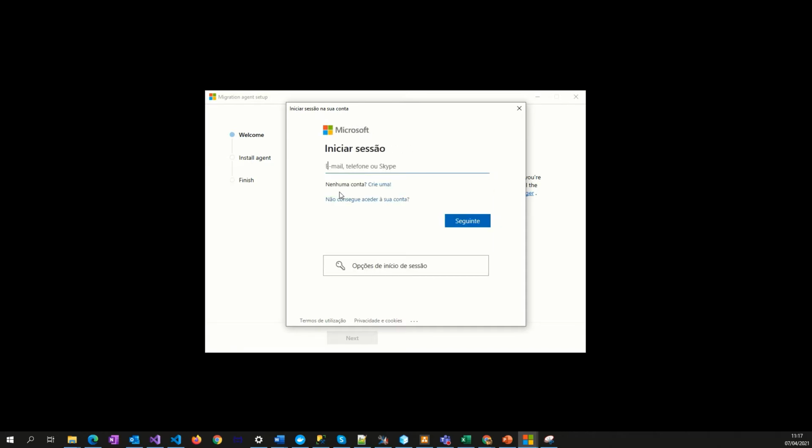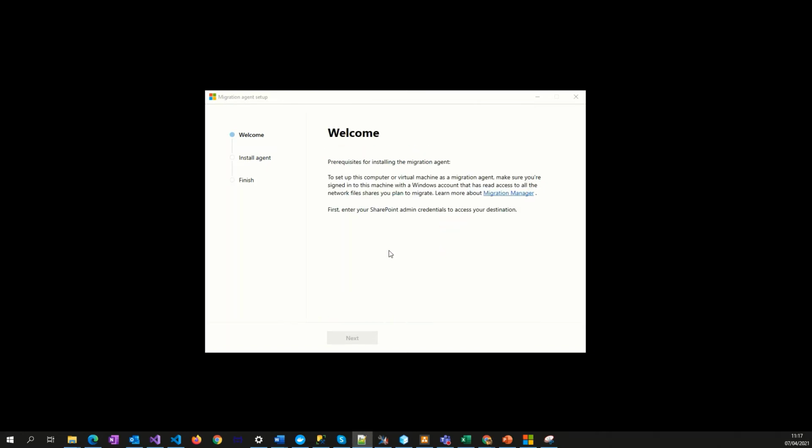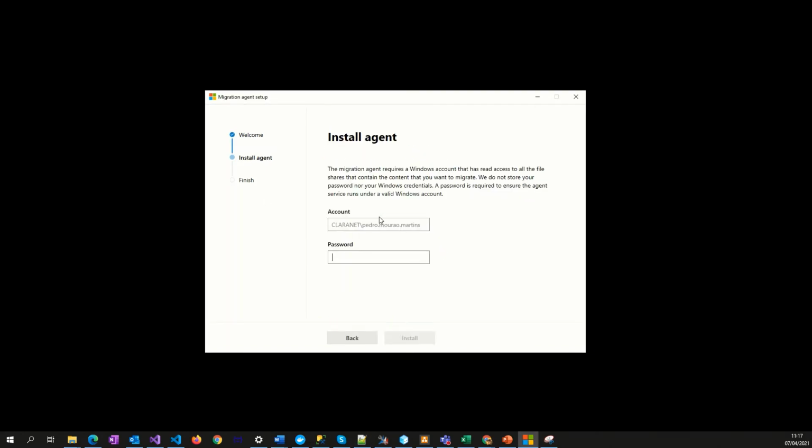And you see here, it will ask you to provide, like I said, the credentials. You must put the credentials for your SharePoint administrator. Okay, I will use my credentials for my SharePoint administrator. Okay, user, and after that the agent will be installed in our machine.